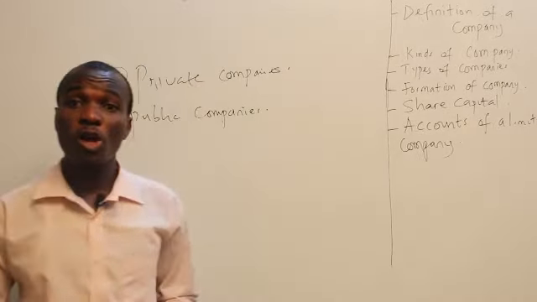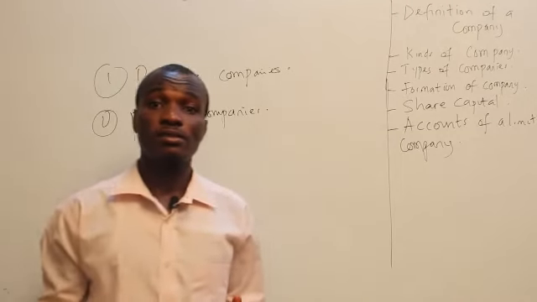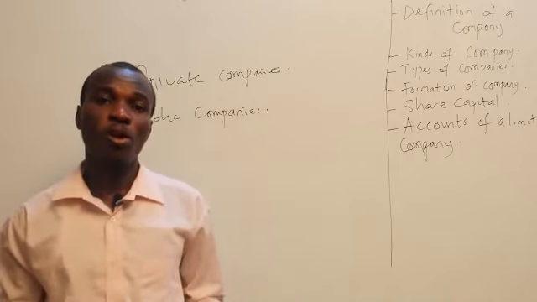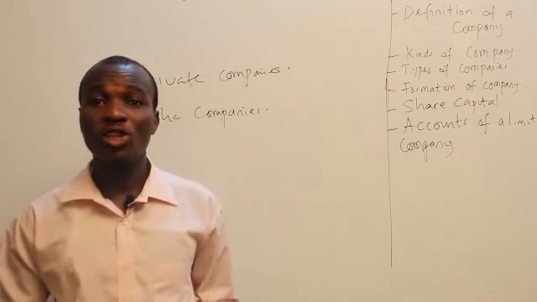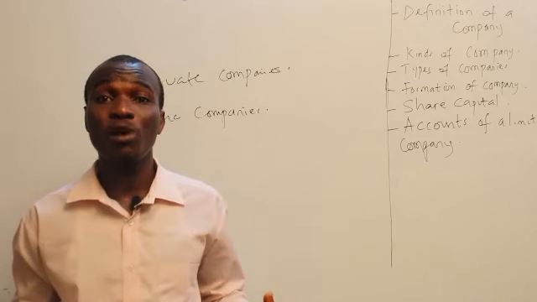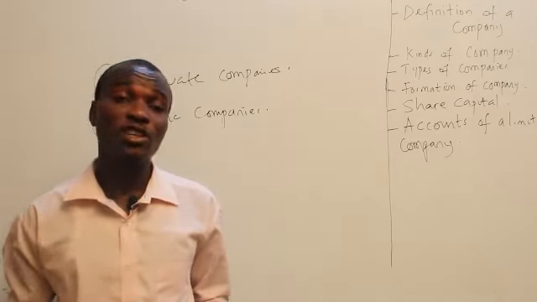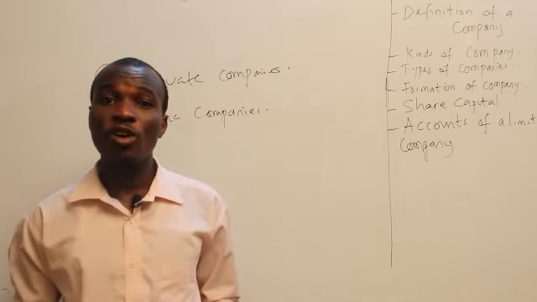So in this company, the number of shareholders is a minimum of 7, while the maximum is not prescribed. So we can't know the maximum number, or there's no maximum number of shareholders in the company. That is, the number of shareholders is infinite in the company. And again, in this company,